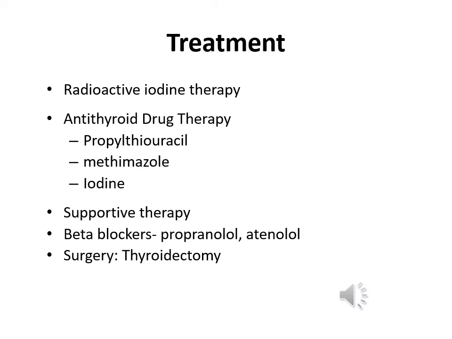Propylthiouracil and methimazole are first-line antithyroid drugs. They inhibit thyroid hormone synthesis. Propylthiouracil is given if the client is in the first trimester of pregnancy, is intolerant to methimazole, or needs to achieve a euthyroid state before surgery or radiation. Symptoms improve usually within 1 to 2 weeks after the start of the treatment. Medication compliance is crucial, as stopping the medication abruptly can lead to the return of hyperthyroidism.